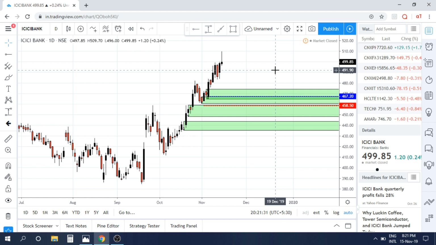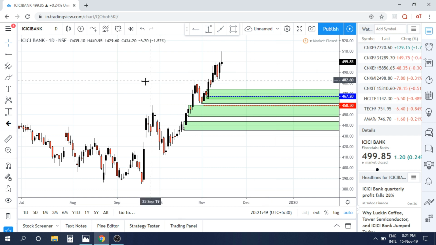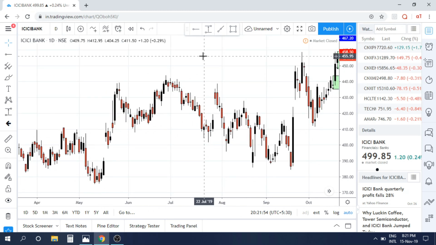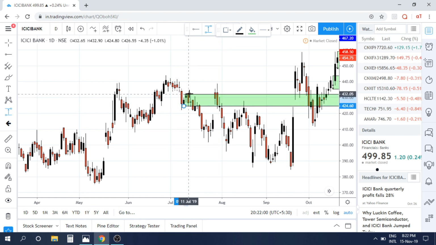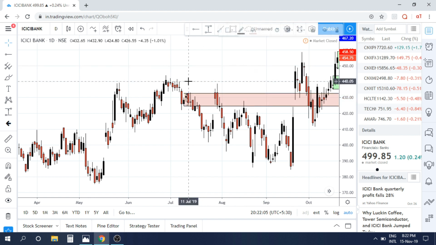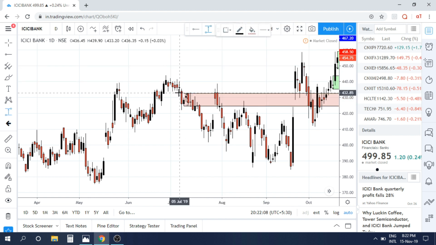And yes, whatever I have explained for the demand zone, the same applies on the opposite side towards supply zones. So if you have two supply zones stacked on top of each other, the same rule applies. You must always keep the stop loss above the second supply zone, right? So for example, if I take this as a supply zone, let's say this one, and then the second one is this one,